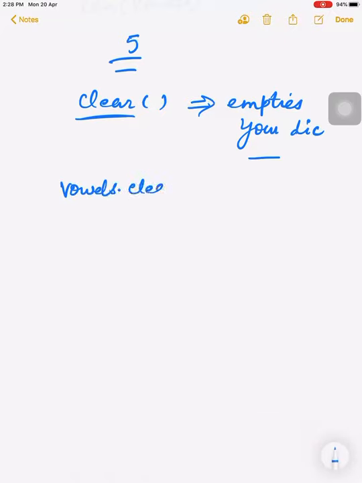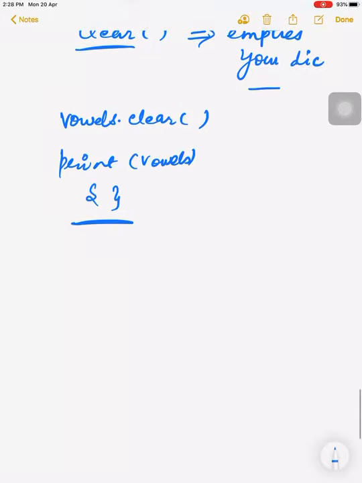What is the syntax of that? For example, the name of the dictionary was vowels. We write vowels dot clear. Then whenever we call print vowels, it will give you simply a blank or empty dictionary. Okay.